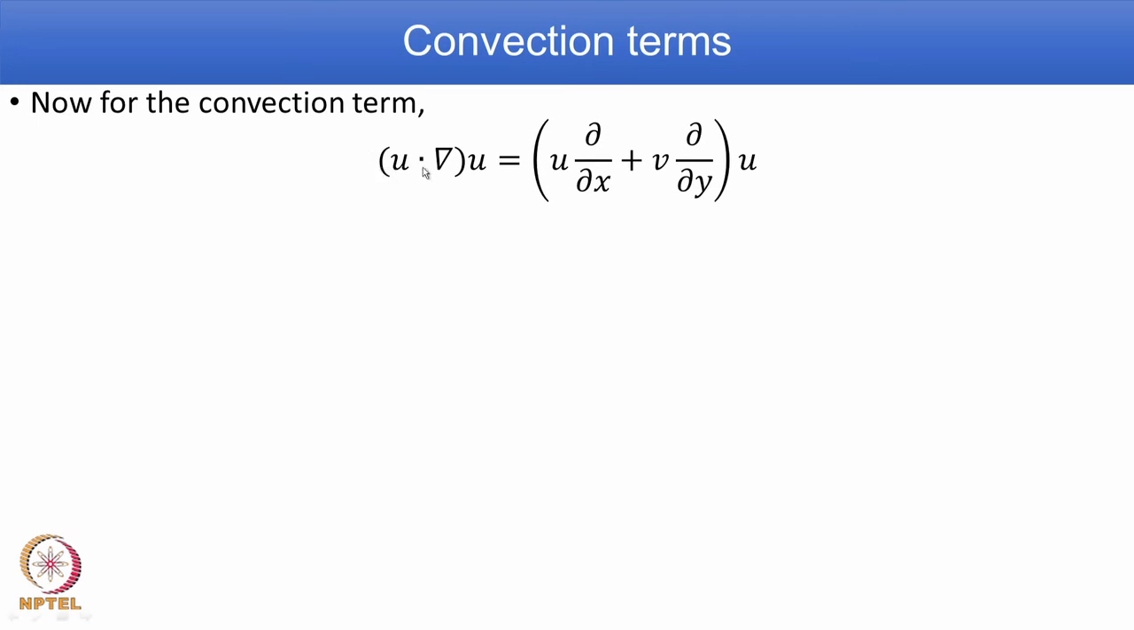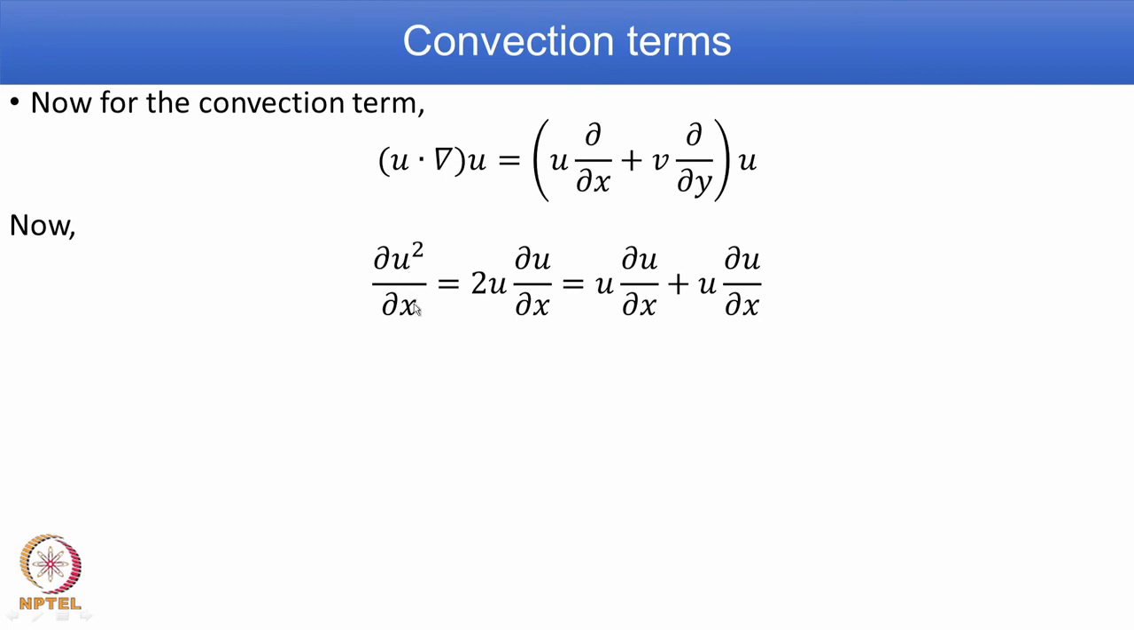So, u dot del u is written as u into dou by dou x plus v into dou by dou y of u. dou u squared by dou x equals 2 into u dou u by dou x, equal to u dou u by dou x plus u dou u by dou x. So, 2 times